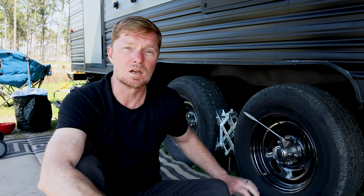So in this case, what I'm going to do is take my jack and put it up underneath the axle, lift it up, take the lugs off, swap it out with the spare, and put everything in the truck and put it back. Now as I'm talking about being prepared, what I mean is having the proper tools. The proper tools are the things that you need in order to lift the tire off of the ground and to loosen the lug nuts